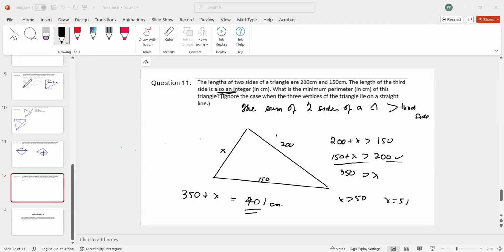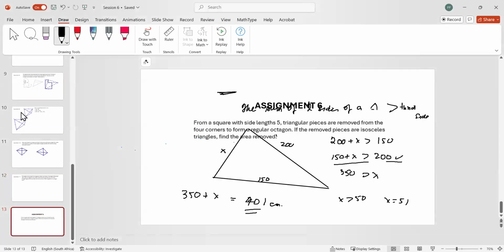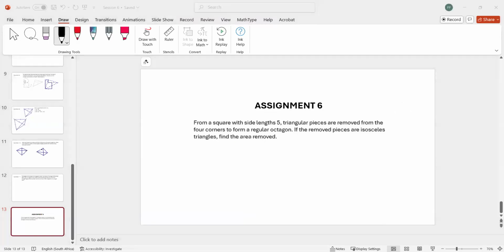And this week's assignment I've got here. Let me just see what's in this assignment. From a square with side length 5, triangular pieces are removed from the four corners to form a regular hexagon. If the removed pieces are isosceles triangles, find the area removed. We did a problem like that. Right? Very similar. We drew this octagon. I didn't realize that this was the assignment, but I think you'd be able to do that